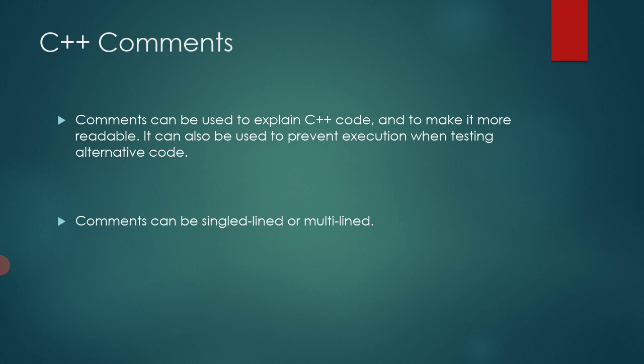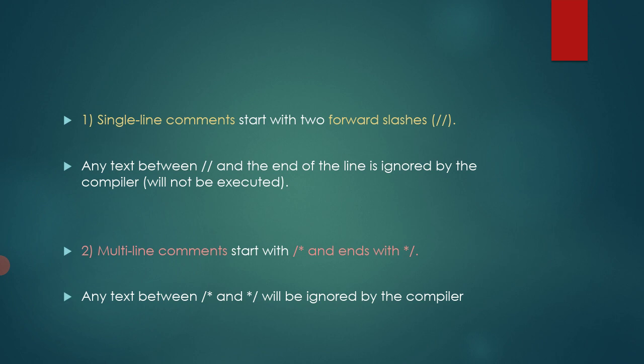Comments can also be used to prevent execution when testing alternative code. While the user performs testing on alternate code, it is very helpful, because the user gets a clear, brief idea of the logic inside the program, since it must have a name according to the logic. Now when we write comments in a program, we have two different categories, that is single-line comment and multi-line comment. Now what is a single-line comment and what is a multi-line comment?